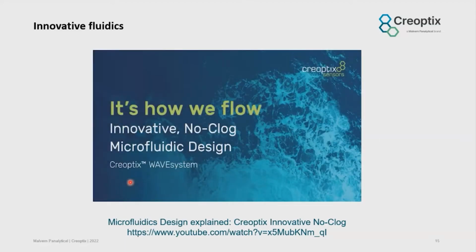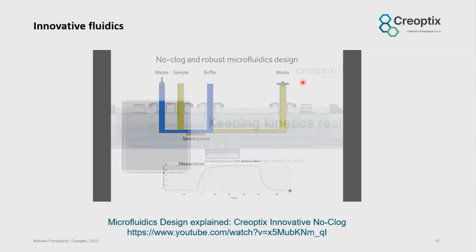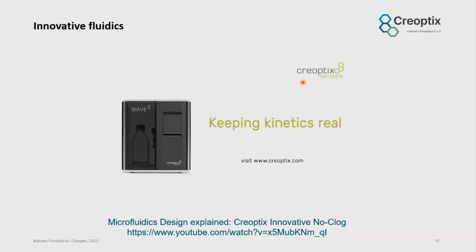So you can also see this on YouTube after the seminar, but here we look at a cross-section of the chip where we have a baseline measurement. Our sample prep is done by opening one waste port, closing the other. This is the real trick here, having 2 waste ports. We then close this one for the association phase, and it hits the sensing area with a very fast transition. So by cleverly opening and closing these ports rapidly, we can address the system quite quickly, allowing us to get